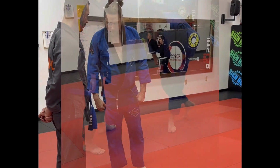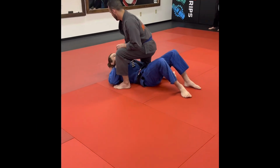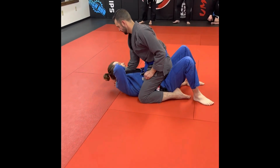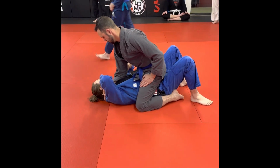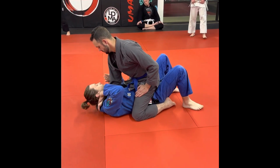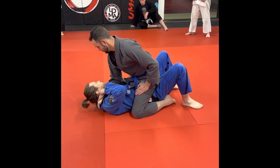Let's work on this. And cross collar choke. Yes. Okay, grab their wrist. Their arm is not good enough. I want to grab as close to your, see there's even a little gap right there. But grab your wrist. And then too, sometimes you get swept to mount and they already have this grip, but still,